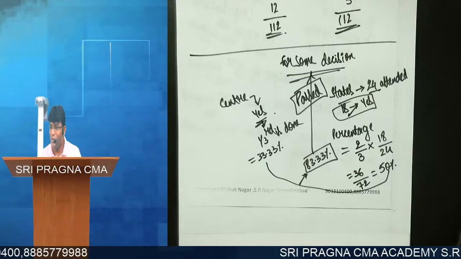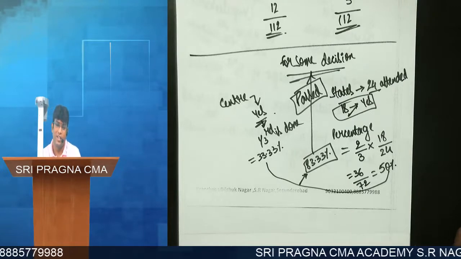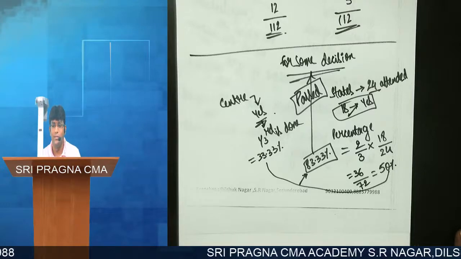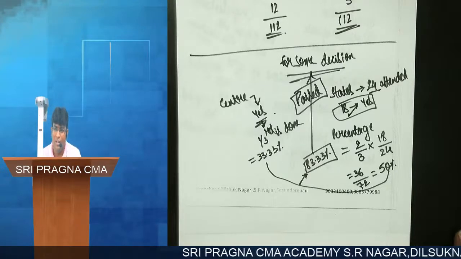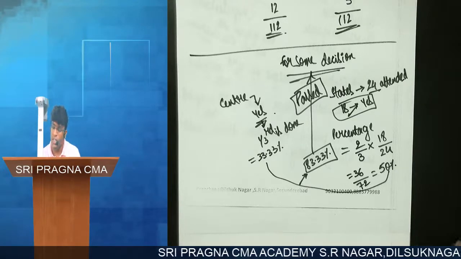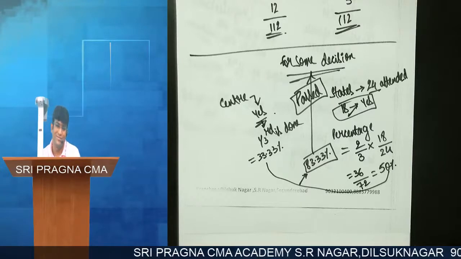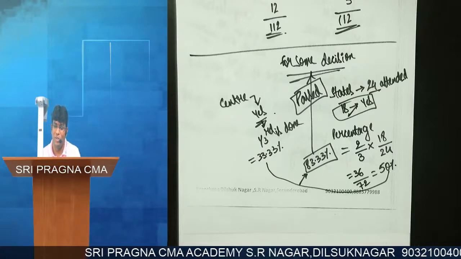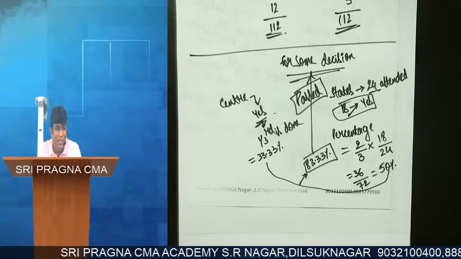So I'll ask you one question. Imagine for some decision, the center said no and all states said yes. Will it be passed? For some decision, all states said no and the center said yes. So independently they can't take a decision. If a decision has to come, both of them should join hands, and there should be a 75% majority.